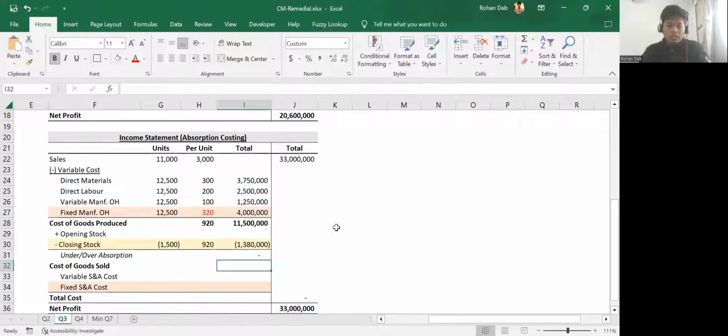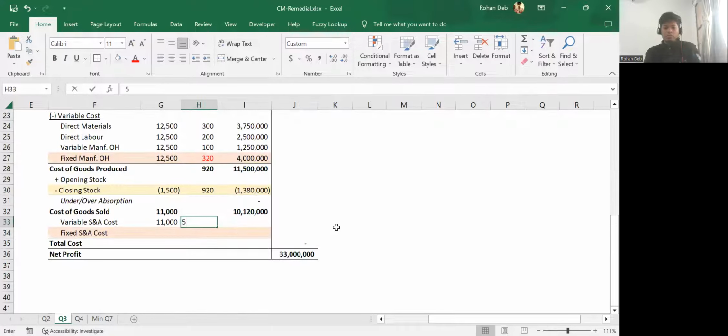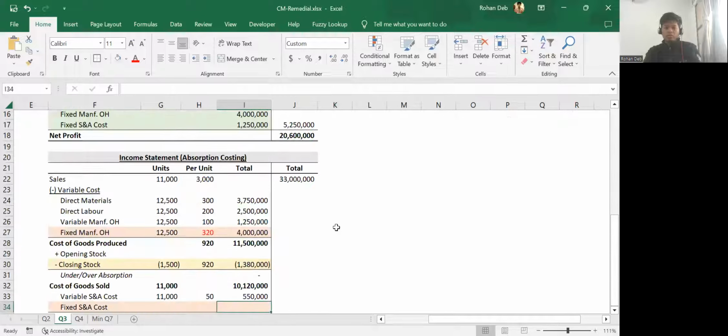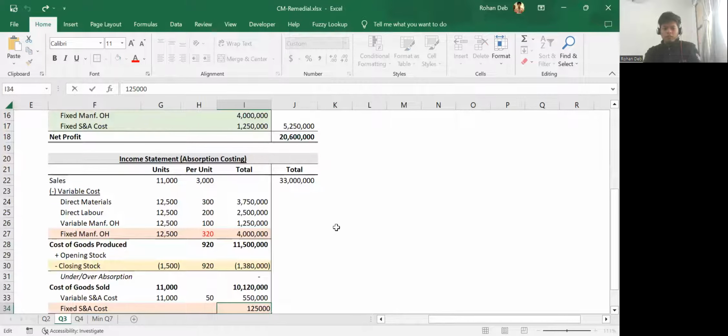Okay, so cost of goods sold is basically again this plus this plus this. So this is the cost of goods sold, 10 lakh 20, 10.12 million. Variable sales and administrative overhead will be incurred on the 11,000 units, right? This is rupees 50, equal to this multiplied by this. Fixed variable cost is 1250, 1250, 10 is missing. Okay,